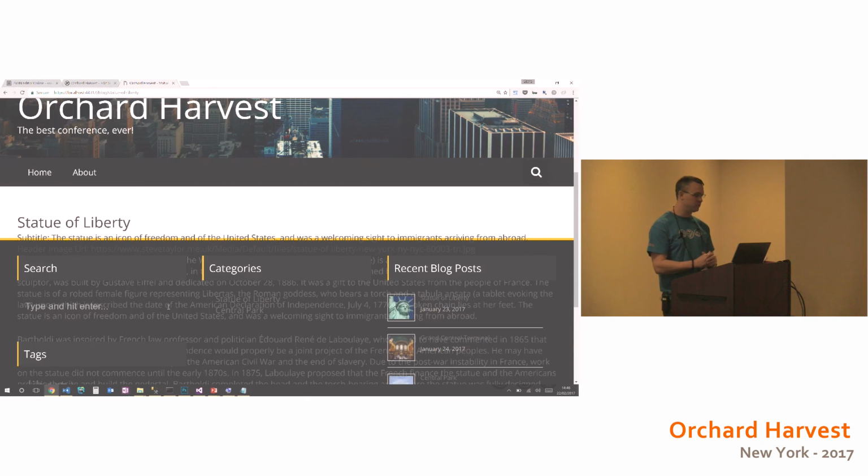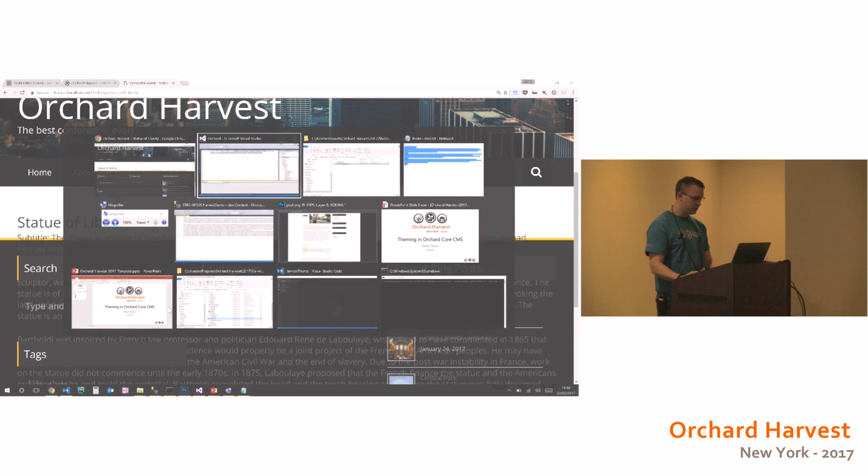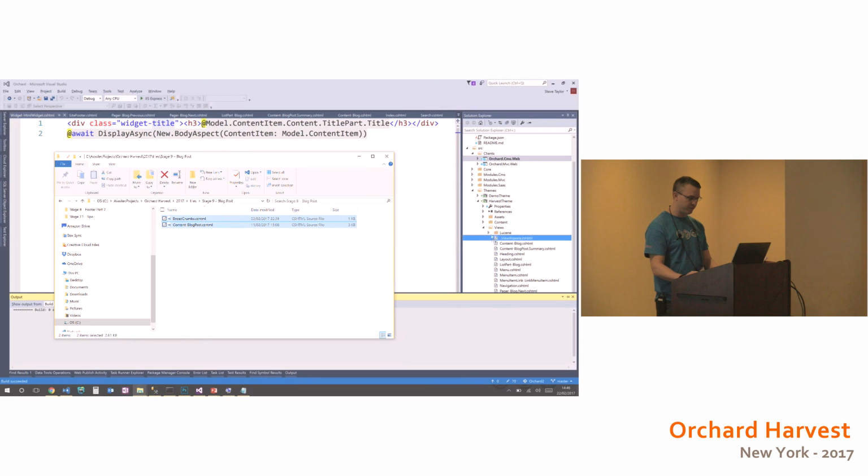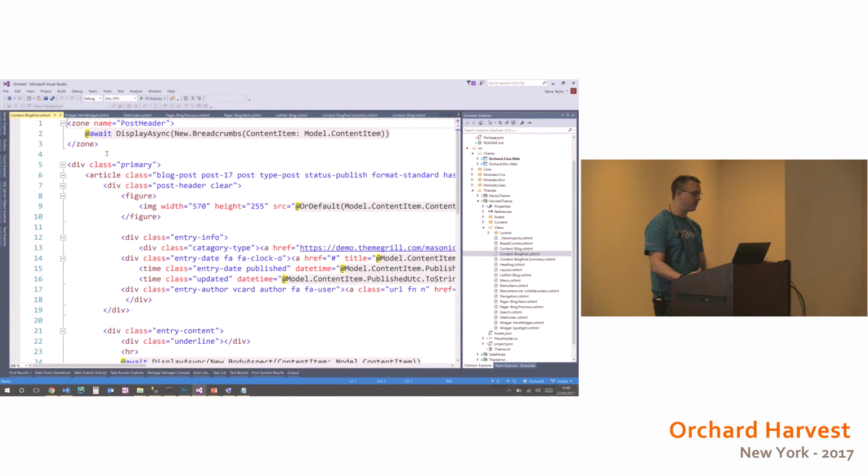This doesn't take much really, we just again need to put the container in place. So let's quickly look at doing that. We have breadcrumbs and we have the content blog post. Within the content blog post override, we can see that we are targeting the post header zone, and we're